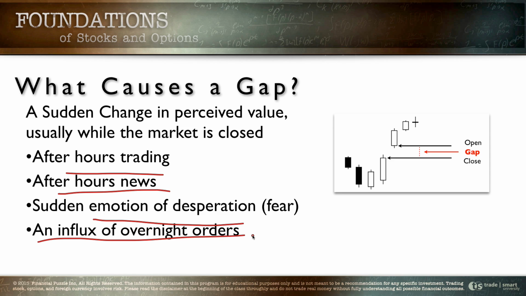But at the end of the day, it really comes down to just an influx of overnight orders. You know, there can be all this emotional change, and if one or two people have it, it's one thing. But what if you have it across an entire cross-section? What if you've got an entire herd that suddenly has a different feeling about the trade? What's going to happen? We're going to have a surge in overnight orders as either buyers or sellers. And as we learned a few lessons ago, when we've got a surge in orders, buying and selling, it throws the supply and demand off, and the market maker has to go make the market. They've got to go match those buy and sell orders, and so they start moving the price, and before you know it, boom, we've got an overnight gap in price action.